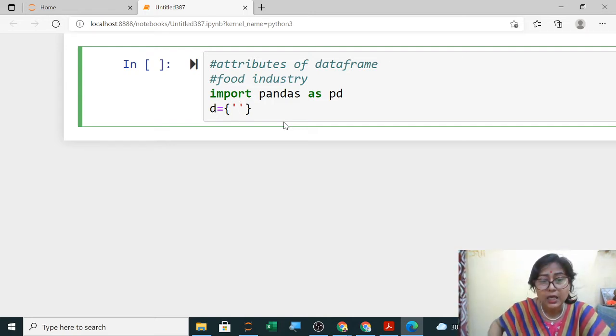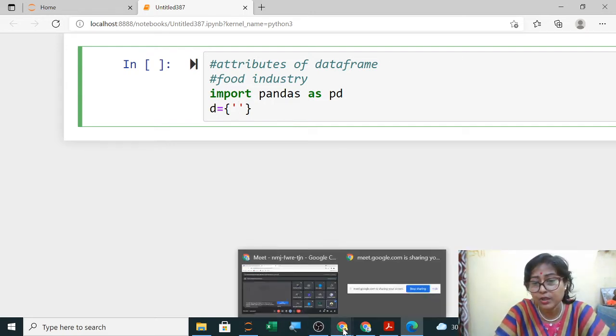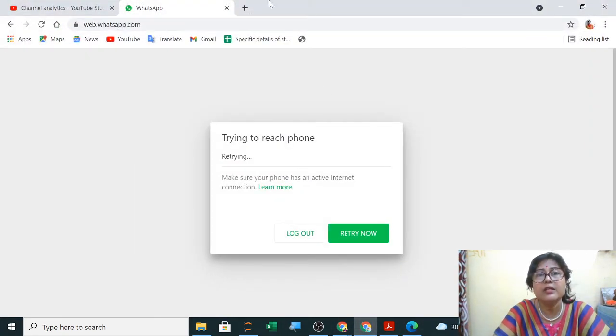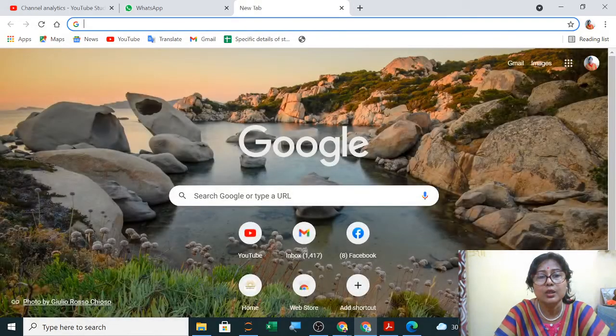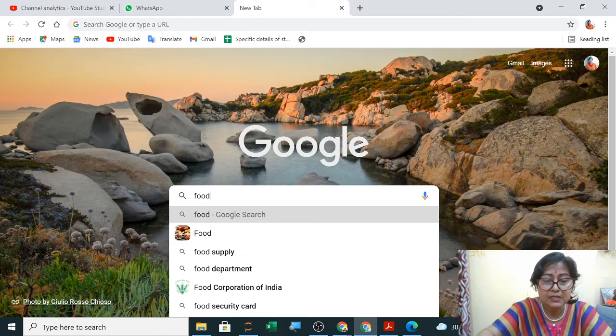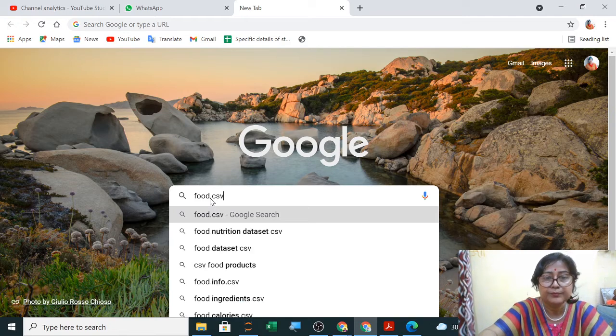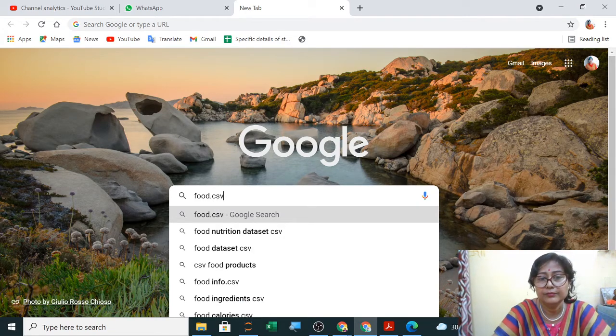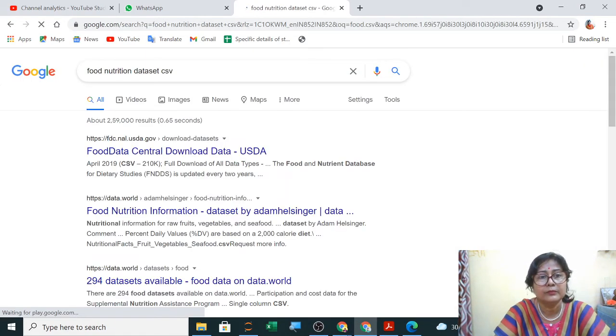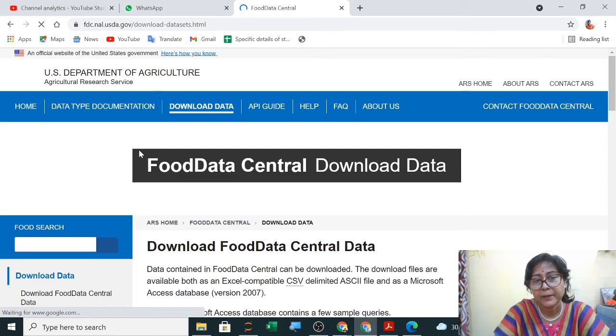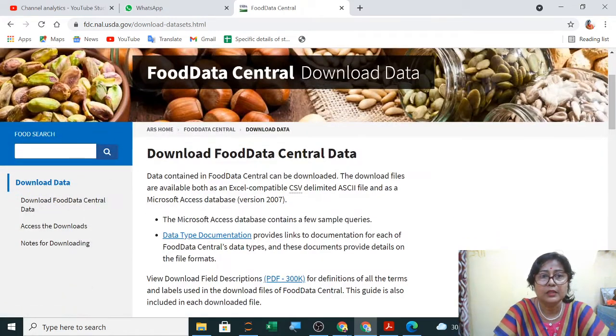Any idea? You can search on Google for a food.csv file. You can search anywhere. Suppose I am searching here for a food.csv file. From any government site you can also collect datasets.